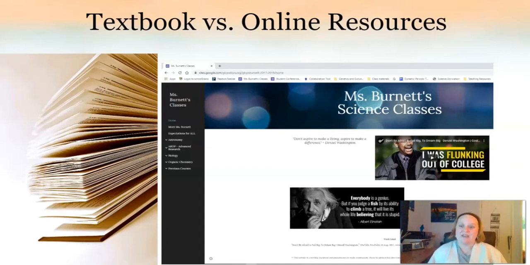I found that this website has allowed students to gain information that they need for the class, and they also are able to see what is going on within the classroom and have the necessary resources